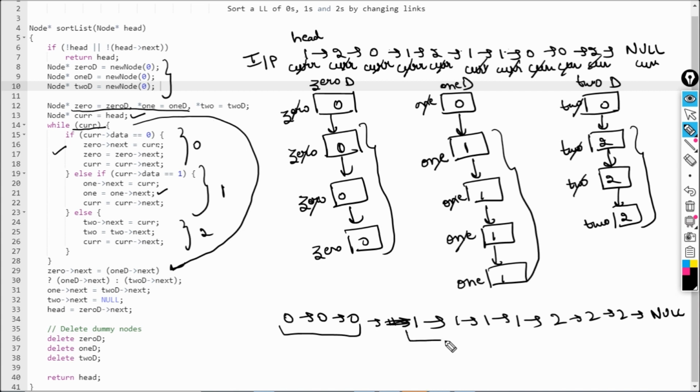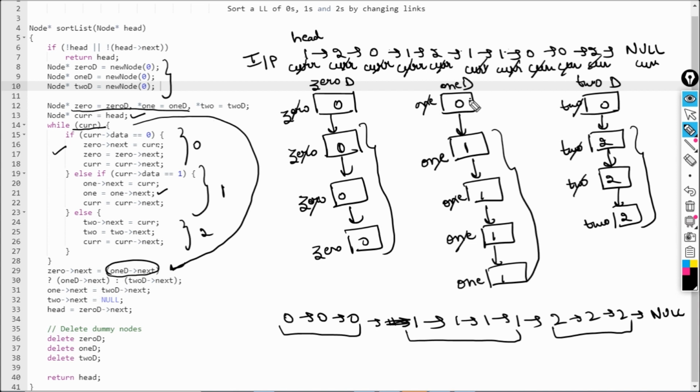These two's part only. Okay. So what I'm doing here is 0's next is equal to, first of all I'm checking if 1's next is null or not, because we have seen one case where there were no ones inside the list and we have to directly connect 0 with 2, right? So if 1D's next is equal to null, then you need to connect in 0's next, you need to do 2D's next, otherwise you need to do 1D's next.